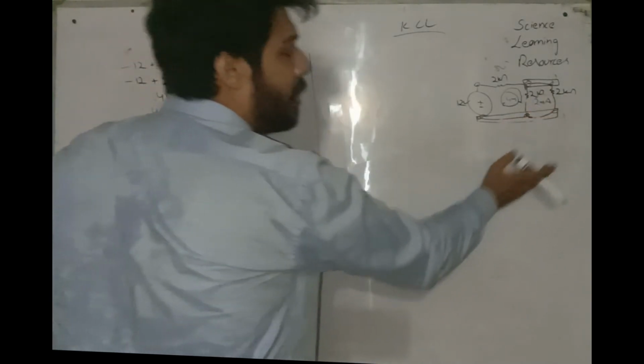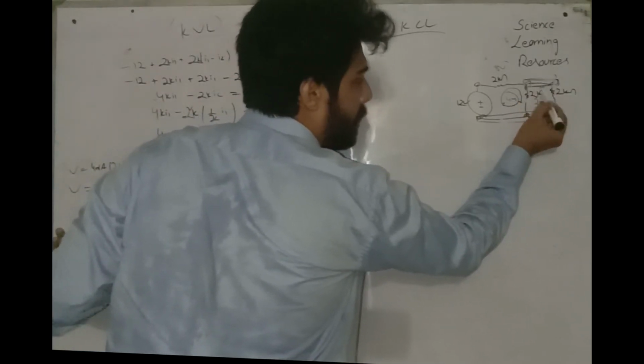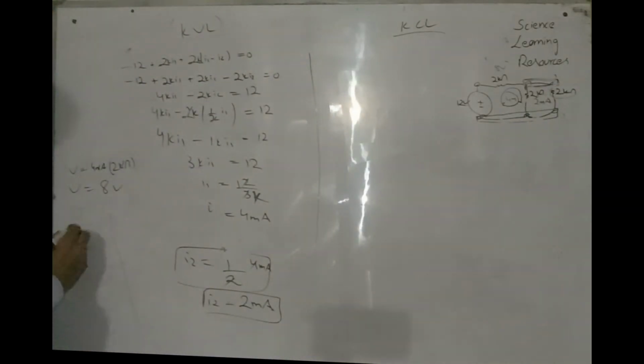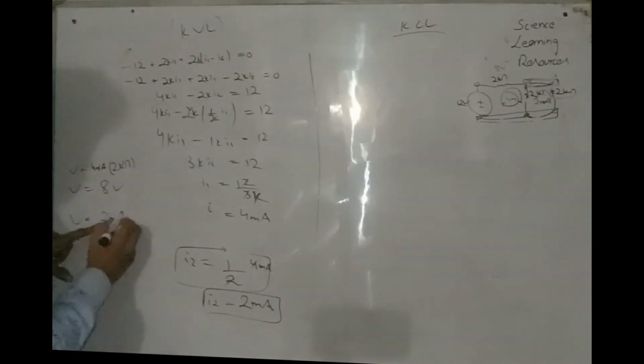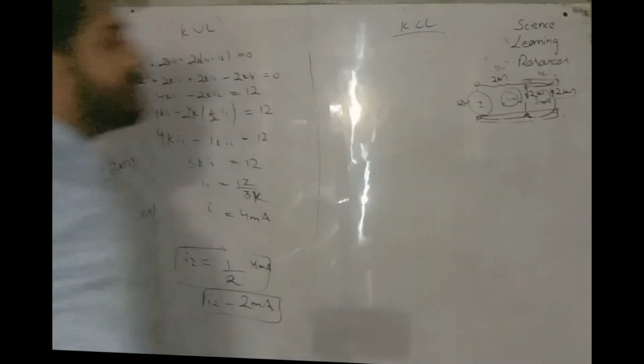Similarly, I can calculate the voltage at this one and this one, and the voltage will be the same because they are at the same node. Let me calculate the voltage at this point. V is equal to IR. I is 2 milliamps because now I am in this loop, multiplied by 2 kilo ohms of resistance. The units cancel, so I have 4 volts here.